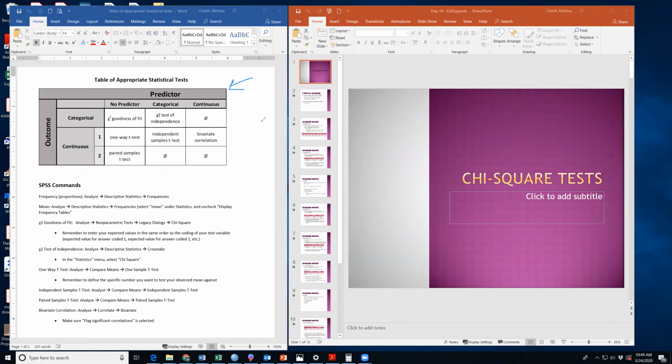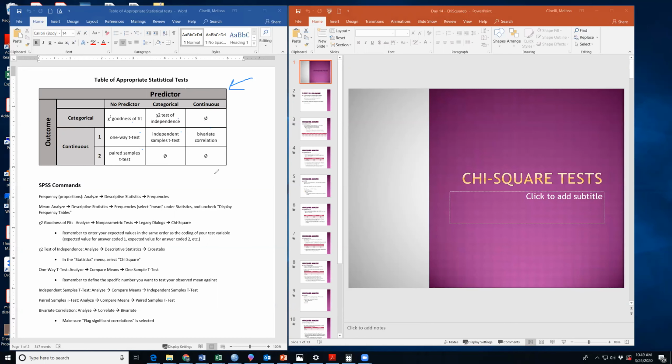which, if this were a normal situation, we would draw up on the board every day. And I'm going to show you how to use this table to determine which of these kinds of tests you need to do. All right, and so when it comes to the data analysis plan assignment, you're going to